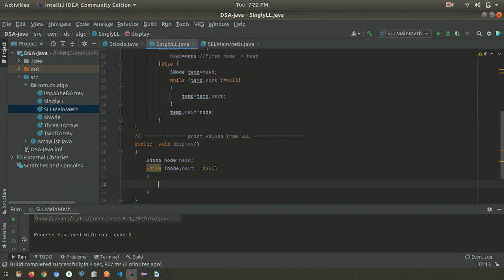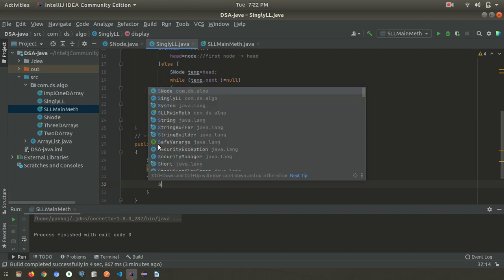Go to the first head node and check the reference, go to the second node, check the reference, and if it's null, then this while loop will break, and directly at the last condition we can print node.data for the last. And before this while loop gives a false condition, in that case we can execute all the values from head till before the last node of the singly linked list.